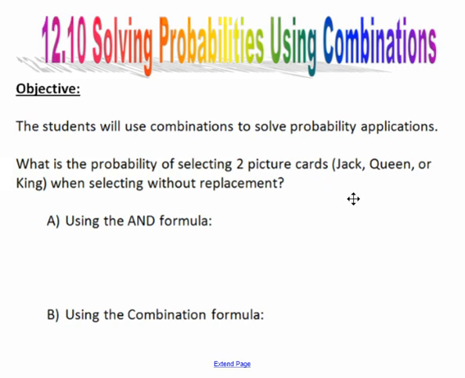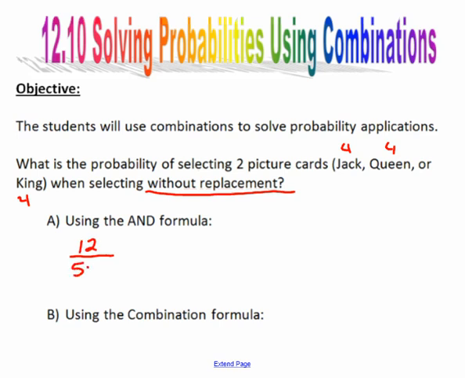A lot of what we're working on today is we're going to look at decks of cards, so hopefully you're familiar with that. If you've been following these other videos, you definitely should be by now. What's the probability of selecting two picture cards, either jacks, queens, or kings, when selecting without replacement? And that's important, right? Okay, so we know that there's four jacks, four queens, and four kings because we have our hearts, our diamonds, our spades, and our clubs. So that means that there are 12 face cards to choose from